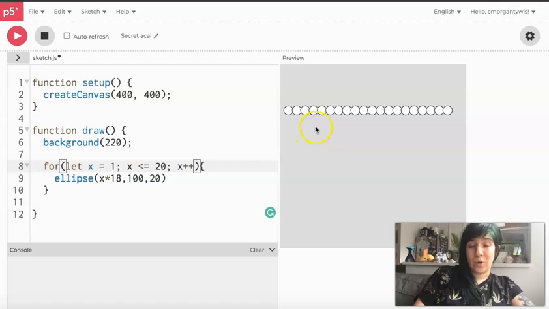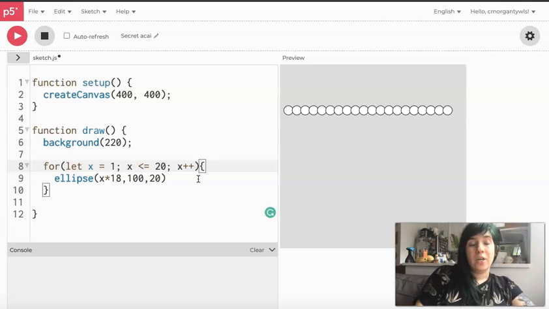What if I wanted to draw a grid of 20 circles? That's really where my nested for loops on the canvas come into play, because what a nested for loop is going to do, it's going to be a for loop inside a for loop, and it's going to say that for every one of these circles that have been drawn, let's also do something else. So when the loop draws this one, it's then going to do something for every time this is drawn, and then every time this is drawn. And in our case of this nested for loop, we're going to use it to draw down as well as